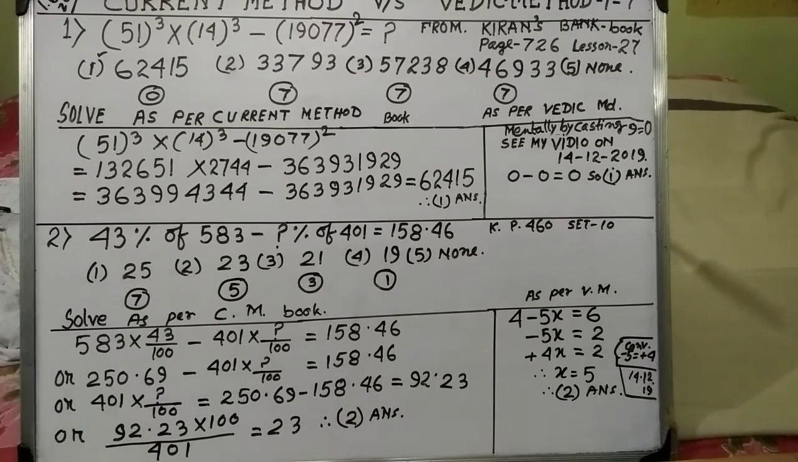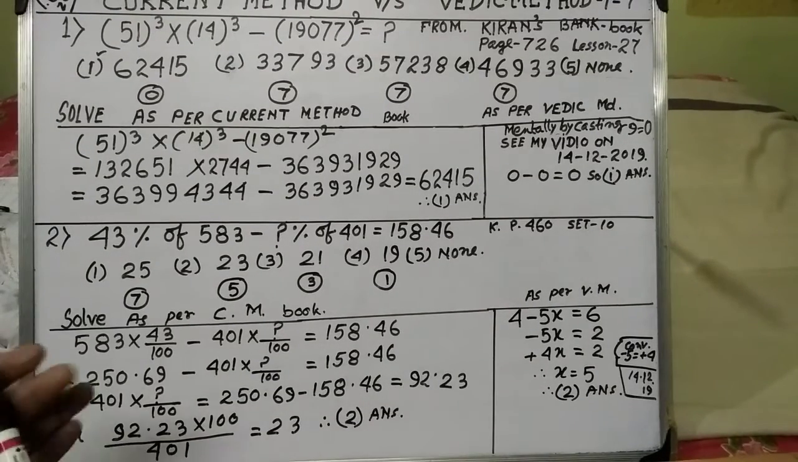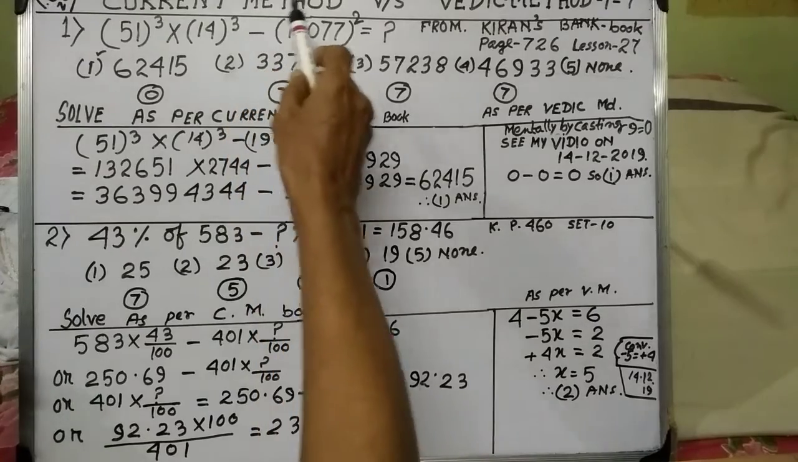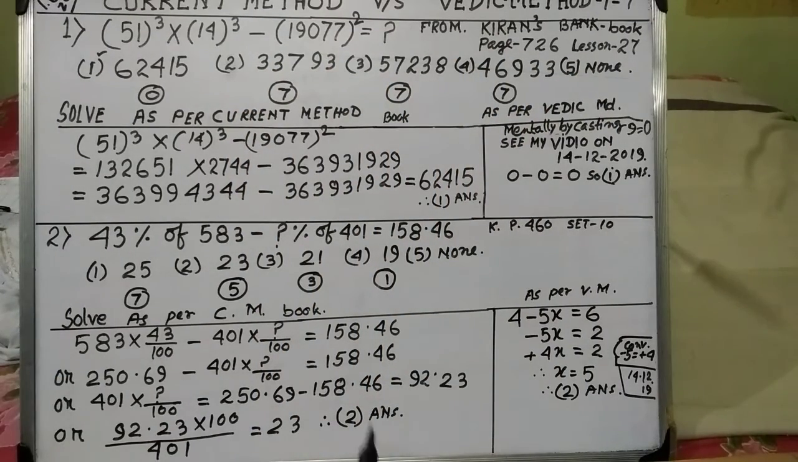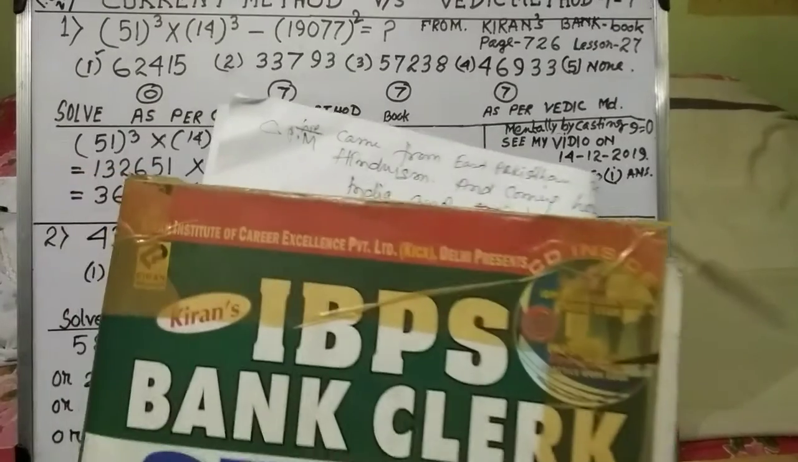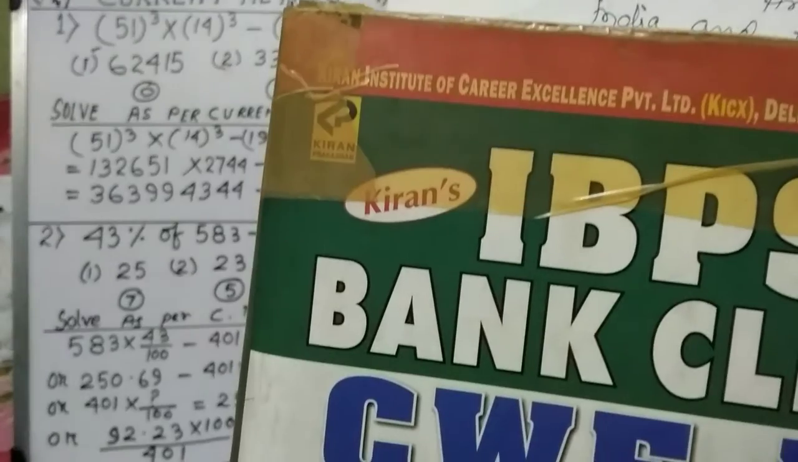Today we will show the difference between the current method and Vedic method, part 7. Here I have taken an example from Kiran IBPS